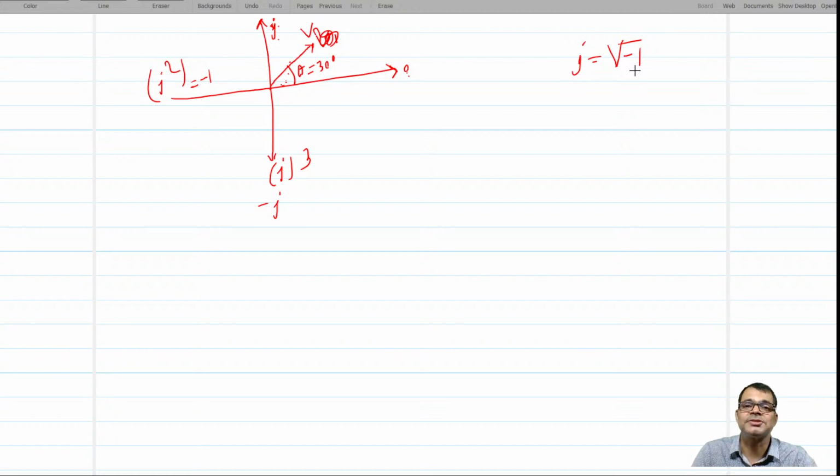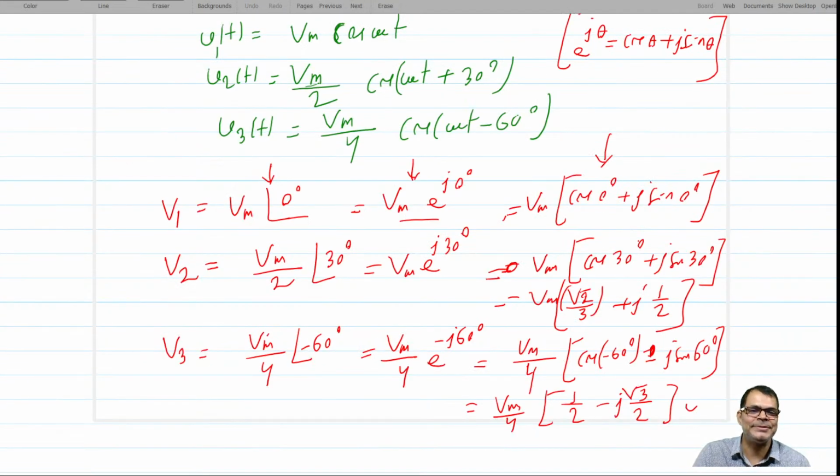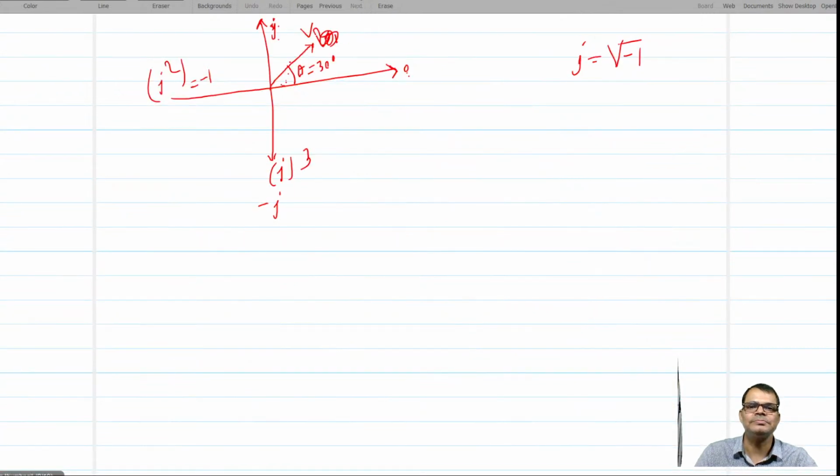Okay, yes, cos 30 is root 3 by 2, right? Root 3 by 2. Correct. This is where I made a mistake. Okay, this is your